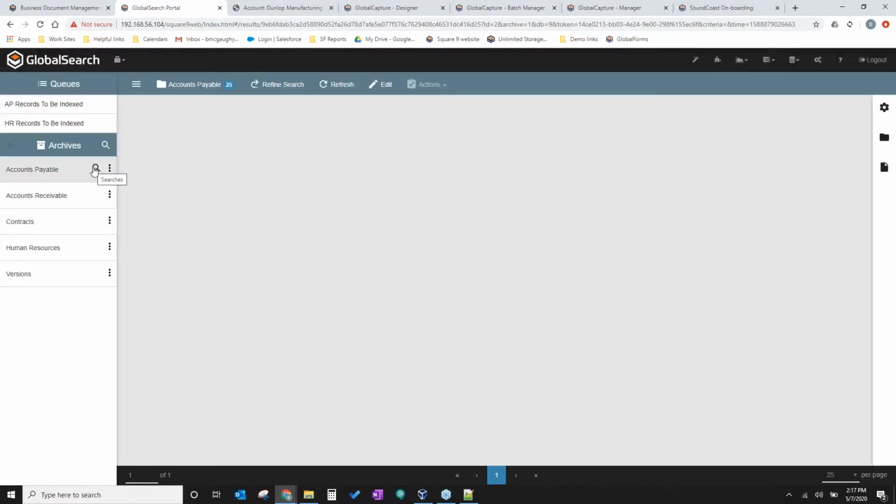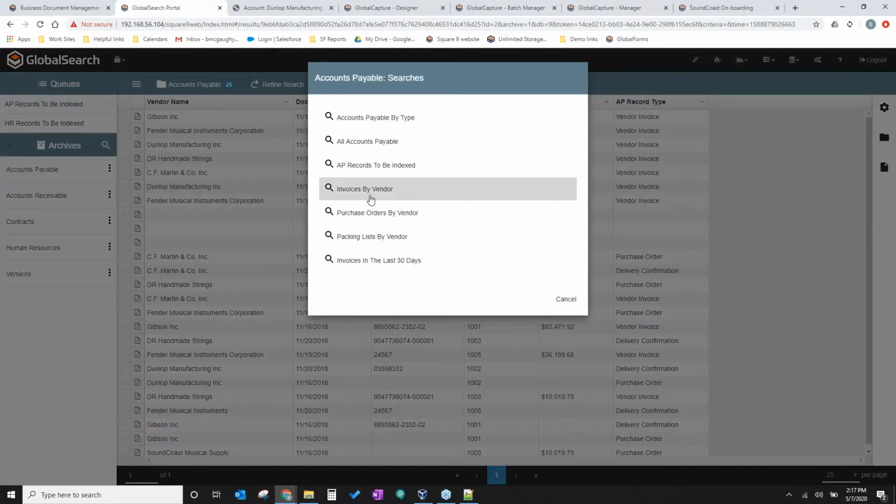Another thing we can do with these searches, if you notice here, is invoices in the last 30 days. If we're looking at doing some type of ad hoc workflow, as I would call it, we can run a search and pull back any invoices that have come in the last 30 days, and then we know that we need to process those invoices or do something with them.